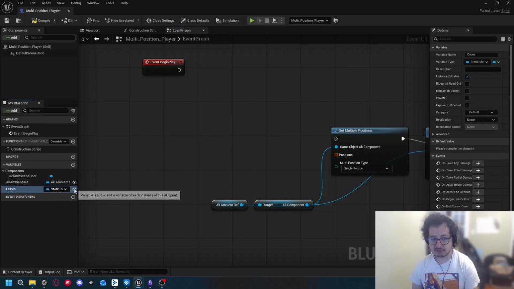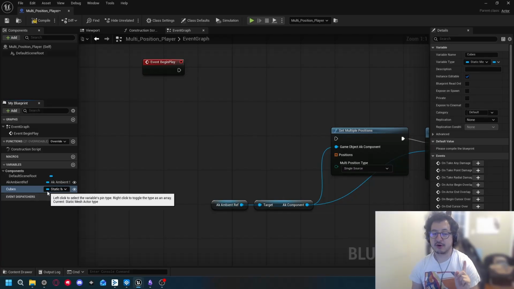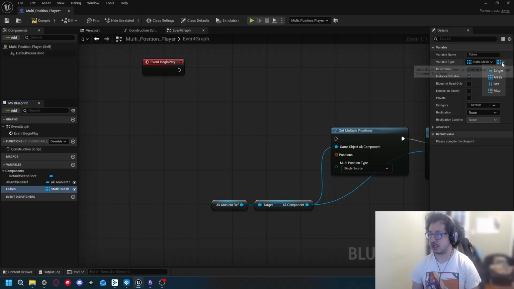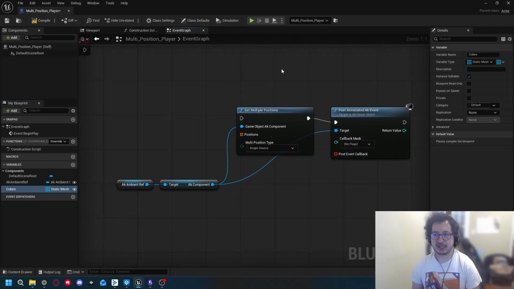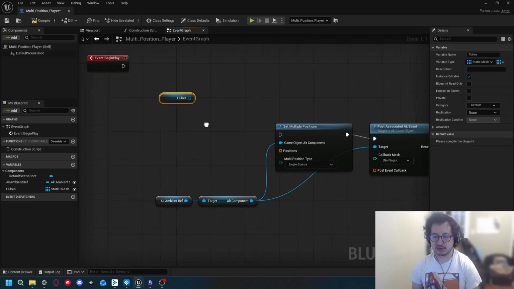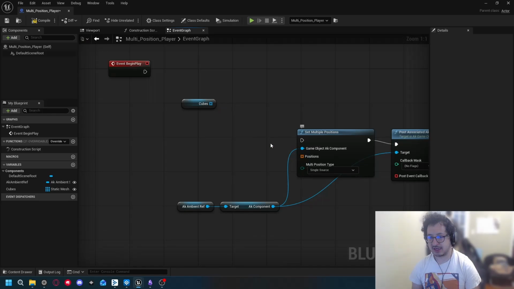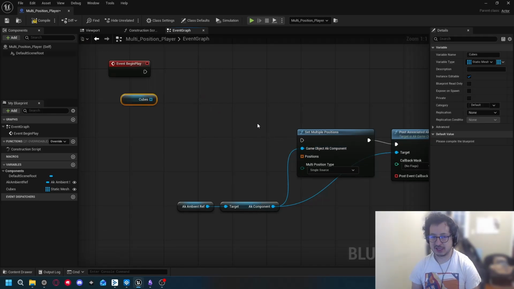We're gonna make that public because we're gonna feed them the positions of all of our cubes from outside, but I'm also gonna right click here to turn it into a matrix. You could do it right clicking here, or you could also do the selection here on the top right. So the idea here is that we're gonna feed those cubes into these transforms, but once again, this isn't making an immediate transition. I need to create a new matrix that feeds those positions or that appends those positions into